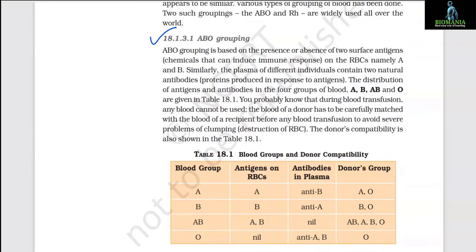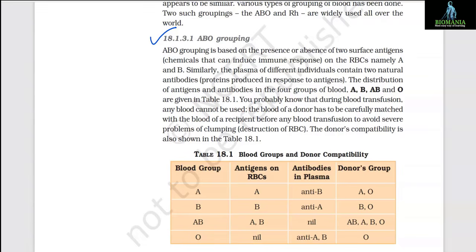18.1.3.1 ABO grouping. ABO grouping is based on the presence or absence of two surface antigens, chemicals that can induce immune response, on the RBCs, namely A and B. Similarly, the plasma of different individuals contain two natural antibodies, that is the protein produced in response to antigens. The distribution of antigens and antibodies in the four groups of blood A, B, AB and O are given in